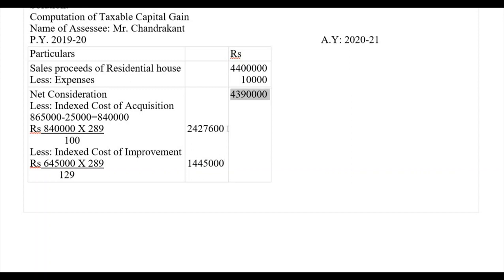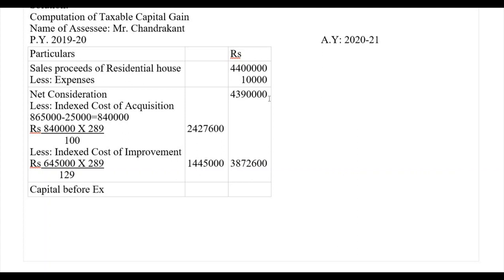Then the sum of these two together will be 38,72,600. So we are going to arrive at capital gain